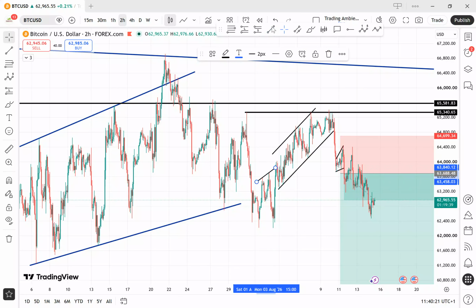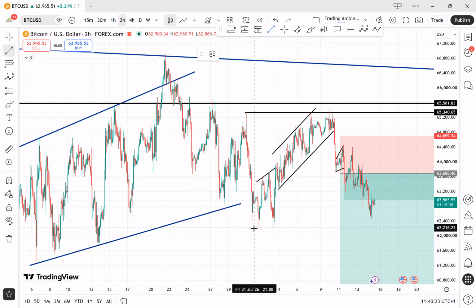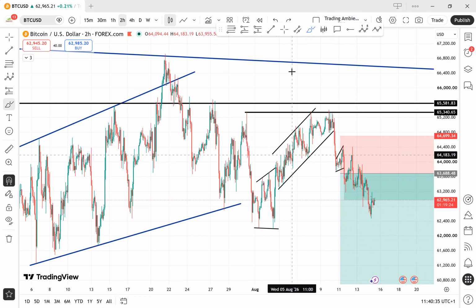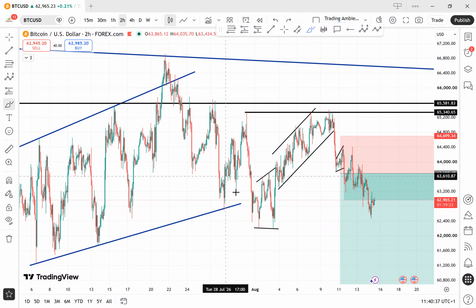You can see when the price was here, we all agree that this is a continuation structure, but the price did not break out of this structure to continue moving downwards. You get it now. So instead of that, the price rallied up, and they